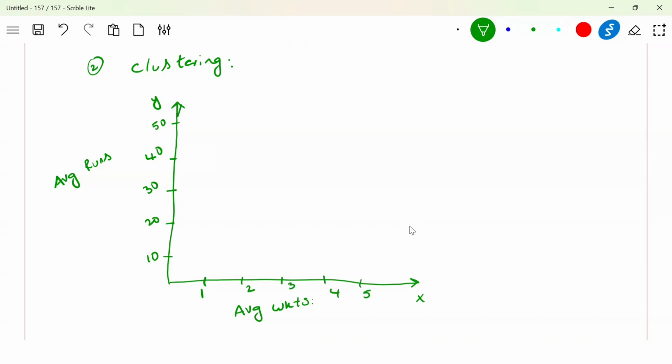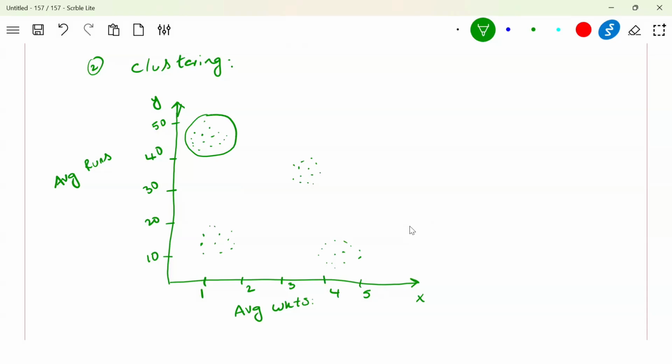Okay. So when I plotted the data, a few points I got here, and a few points I had got here, and a few points I got here, and a few points I got here. Okay. So now what I'm doing is, as all these points are near, let us consider